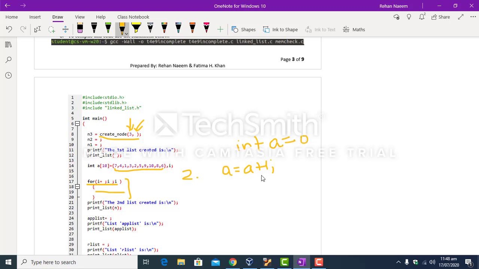So when this line is executed for the first time, the value of A over here will be 0. So 0 plus 1 is equal to 1, and 1 will be assigned back to the memory space named A.